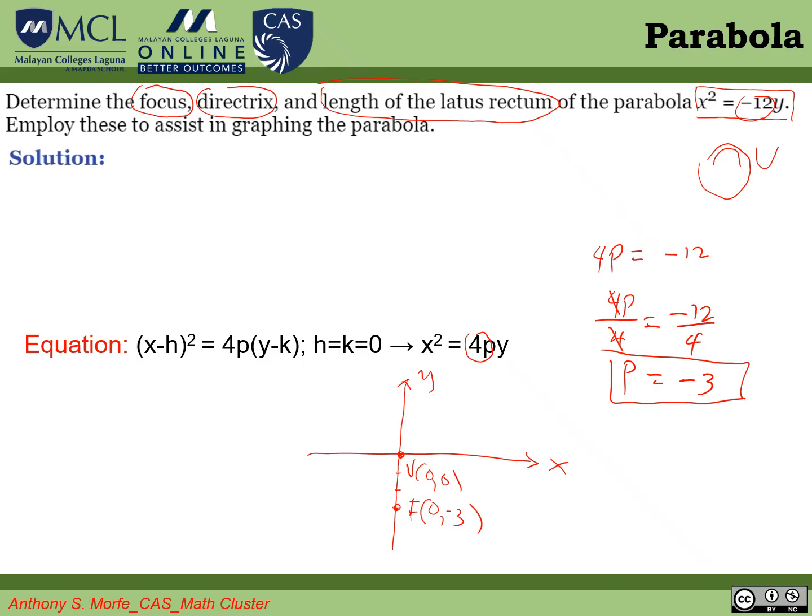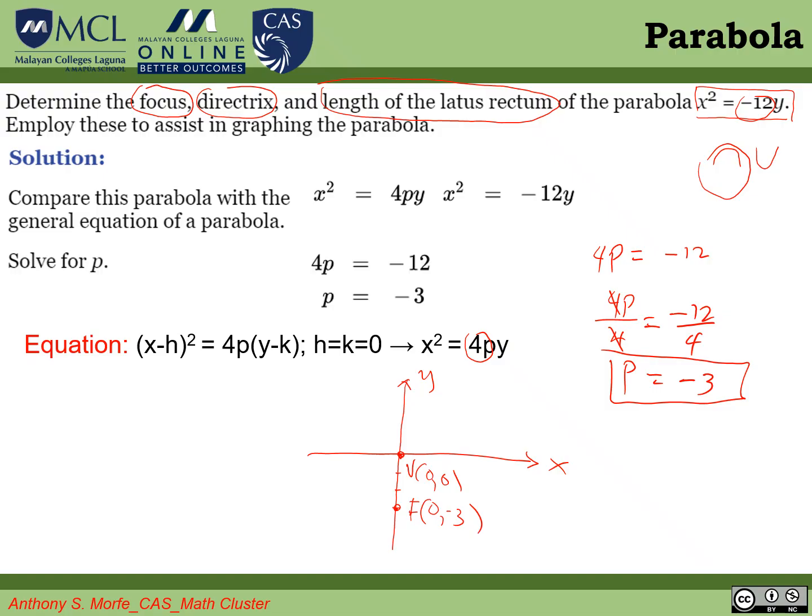Okay, I will show you the solution here so that we can finish this quickly. So the same thing. We solve p equal to 3, and then after that, the vertex is equal to this one, then the focus, the formula for the focus, class, is this one. Remember? h, then k plus p. So our h is 0, and k plus p is equal to minus 3. Okay, this is the one. So we got the focus already. We have to solve for the directrix. What is the formula of the directrix?